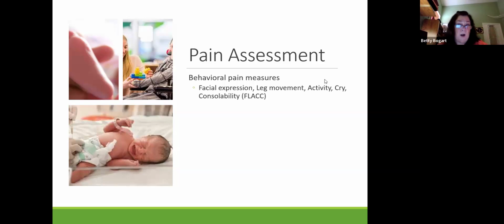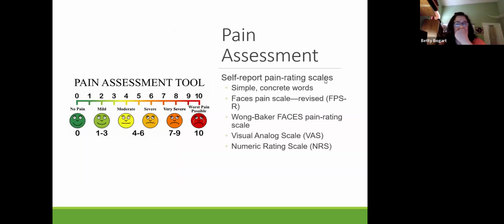This is for your young child who can't give me a number. So any child under the age of 3 and all nonverbal children. Remember that CP girl earlier, nonverbal, I told you about? She would have the FLACC scale used to evaluate her pain. And it works really, really well. Now, the other one that we use is for kids 3 and older, okay? Remember that. Up to